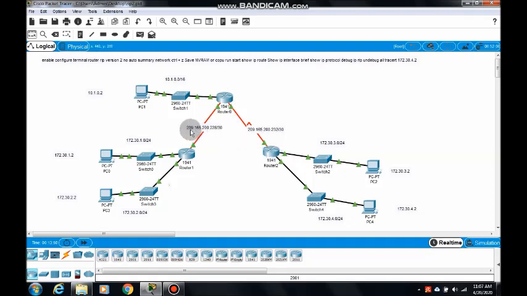So this is 209.165.200.228/30. The prefix length is 30, so 2^2 hosts can be connected here. 2^2 means 4 addresses in this network.